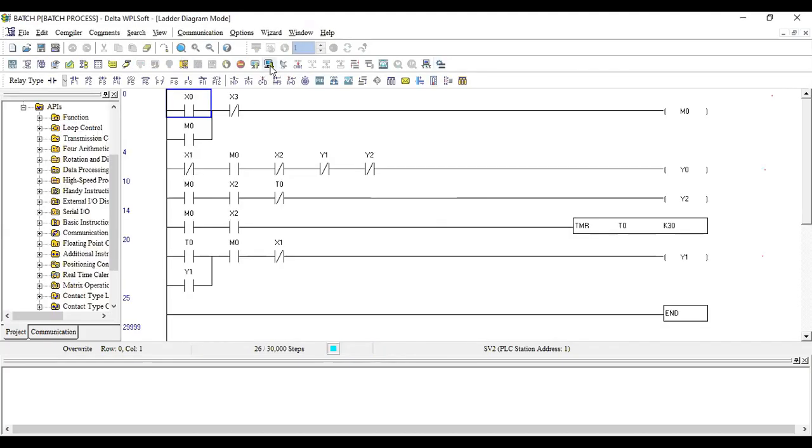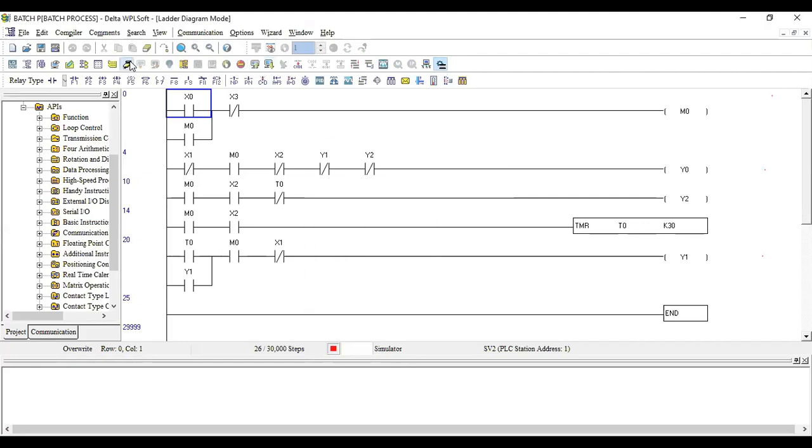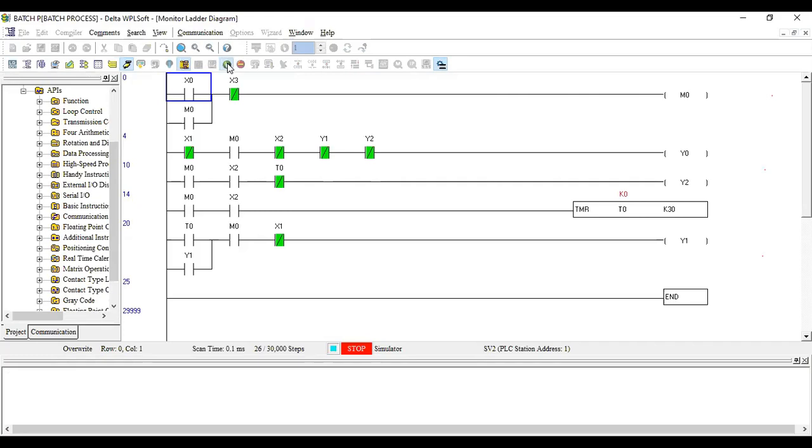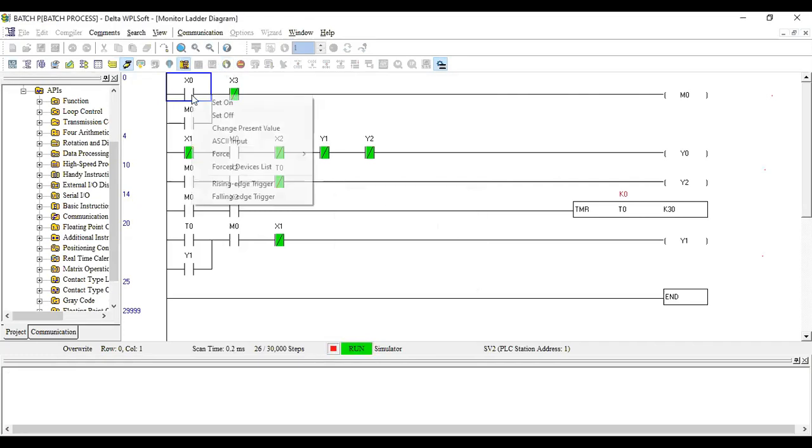I'll rerun the process. So first step is switching on the motor. Inlet valve is open.